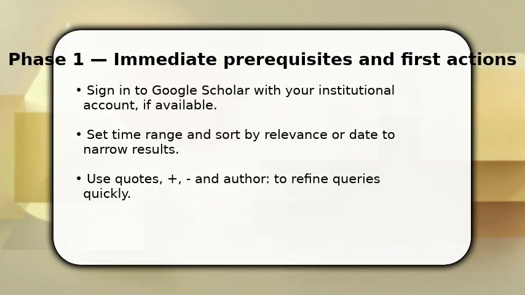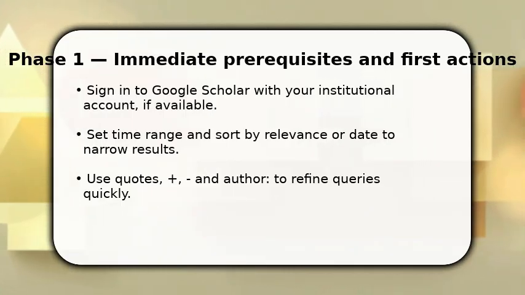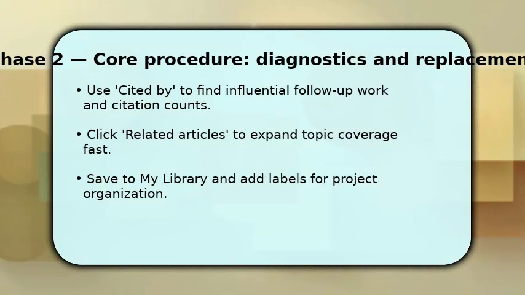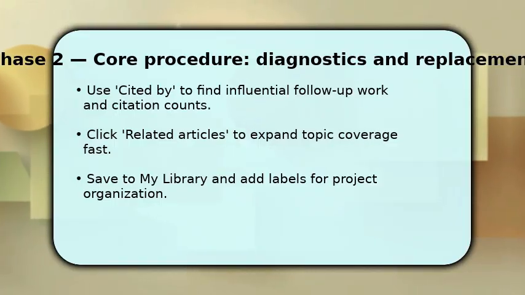Make sure to enable library links for full text access where possible. This saves time when you need PDFs for your project. Now refine results. Click Cited By to discover influential papers and how the field progressed. This helps assess impact. Use related articles to broaden coverage without retyping queries, and open promising PDFs in new tabs